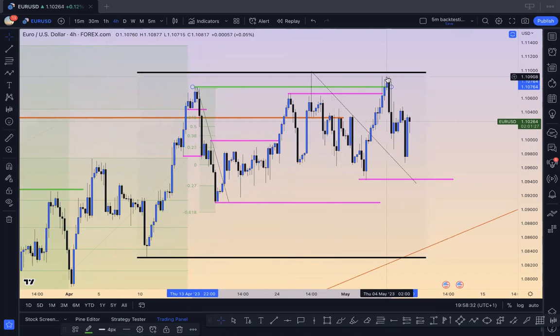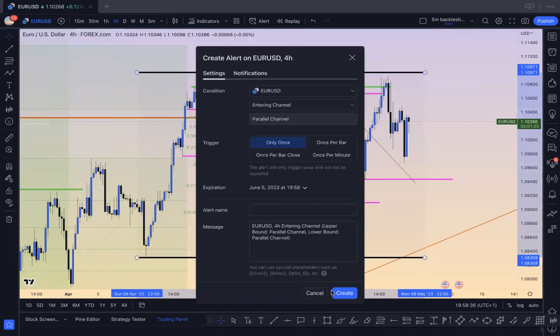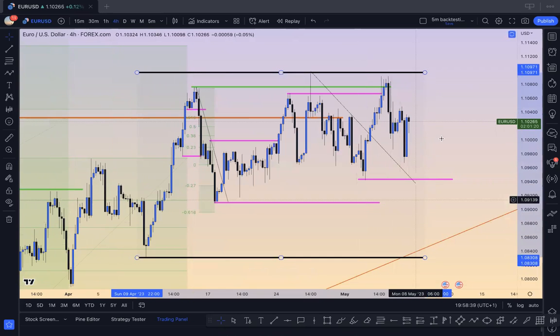So for EU, what I would do is I'll just forget it. I'll put an alarm. I'll just leave it like this. When price finally gives me a break of structure, then I would look for trading this. And GU gave a situation like this, like a breaking out of a consolidation pattern, and